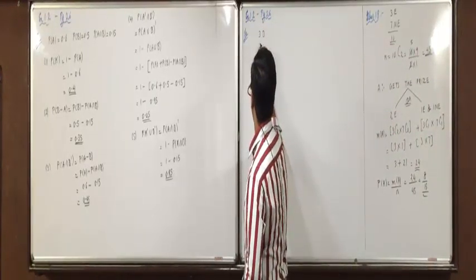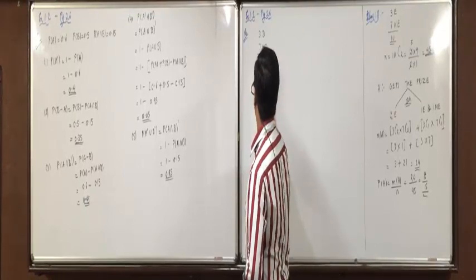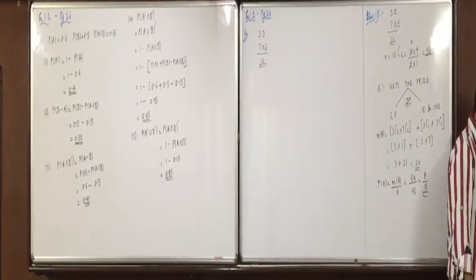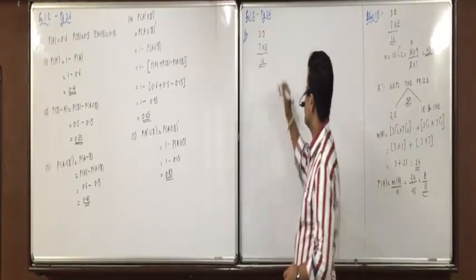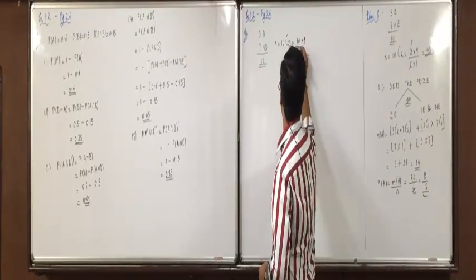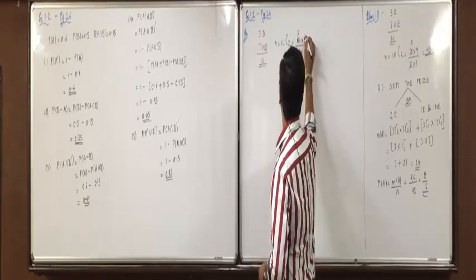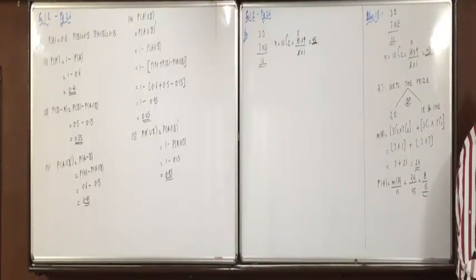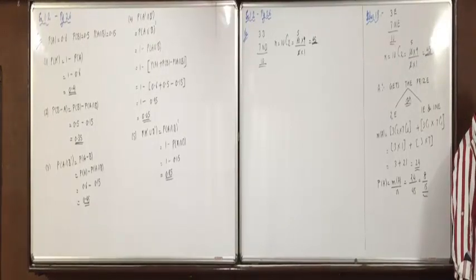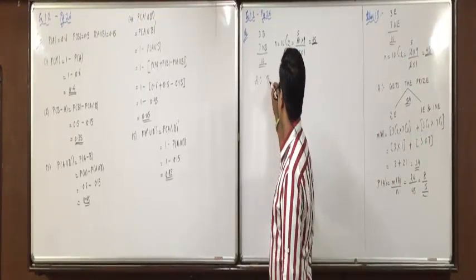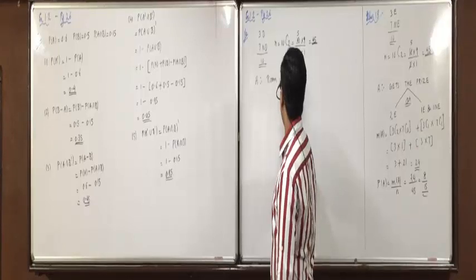3 out of 10 are defective means 7 are non-defective. Total there are 10 bulbs. Okay. 2 bulbs are randomly selected from this box. So n will be equal to 10C2, 10 into 9 upon 2 into 1, 45. Are you okay with this? Now these bulbs are fixed in 2 bulb holders installed in a room. Find the probability that the room will be lighted after starting the electric supply. Let event A be the event that the room is lighted.